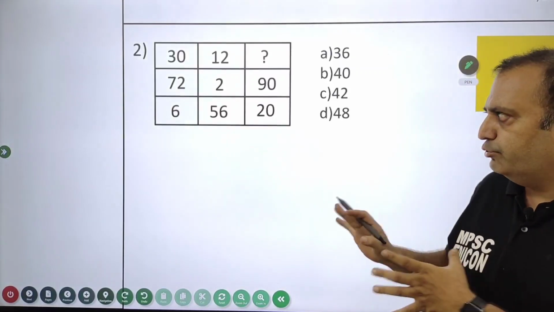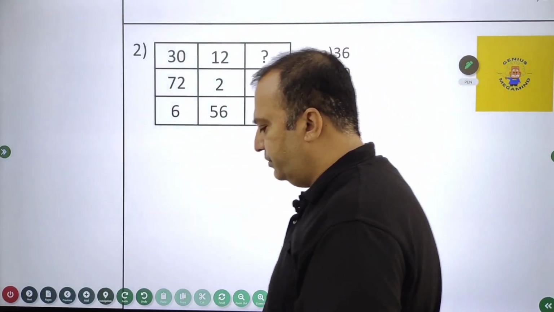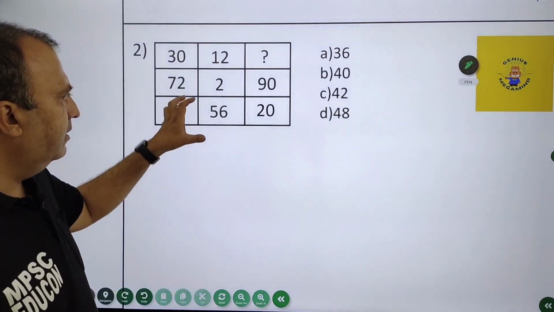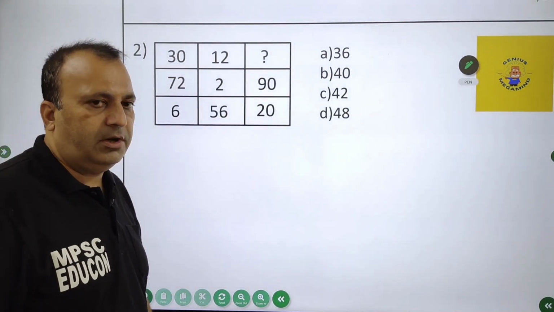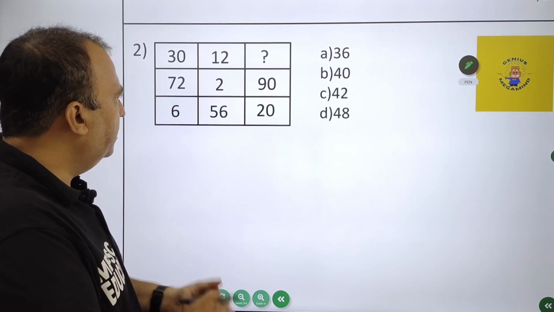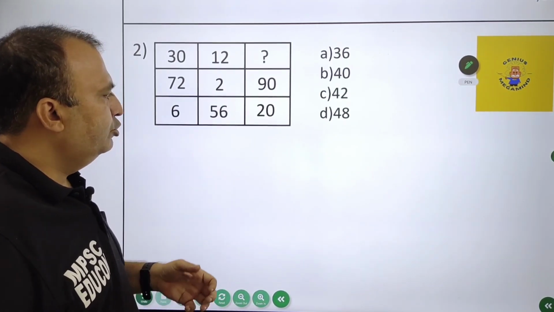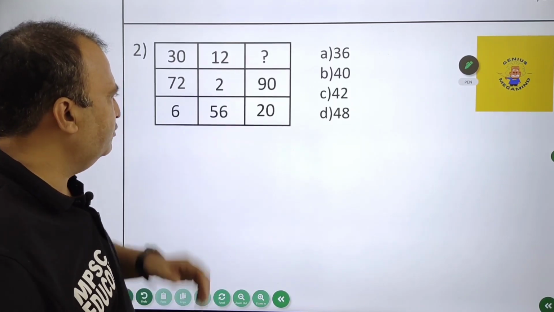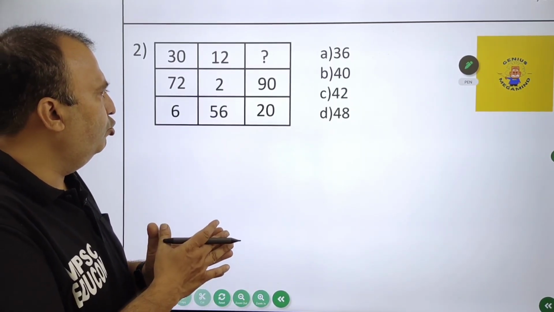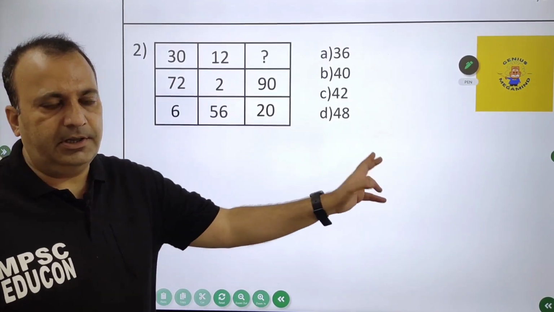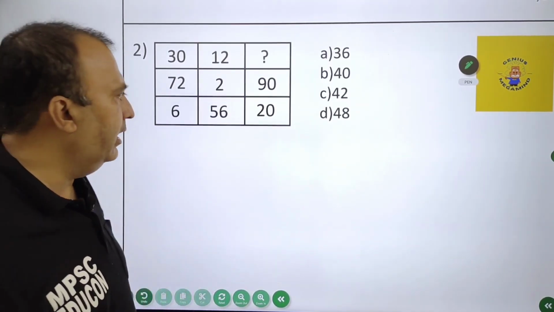Now let's go for the second question. In the second question also, you have to observe the numbers in the square, and I personally feel that the numbers over here are all even numbers. But again, I am finding jumbled kind of numbers over here. So the way I am going to tackle this question is I am going to start off from the smallest number and arrange the numbers in an increasing order, and most probably I'll get a series.